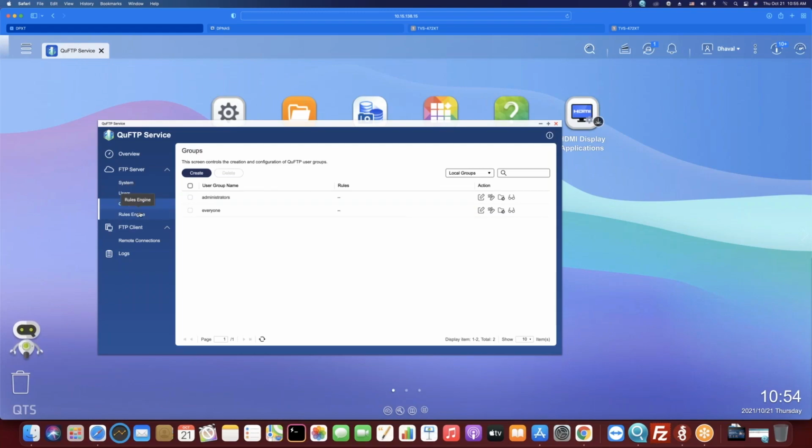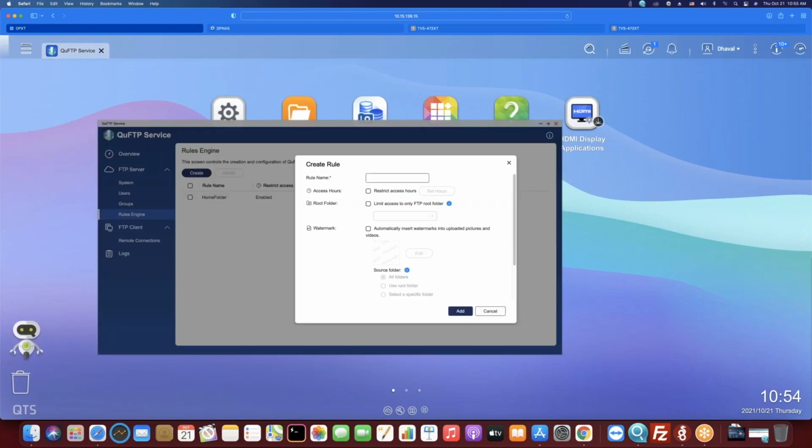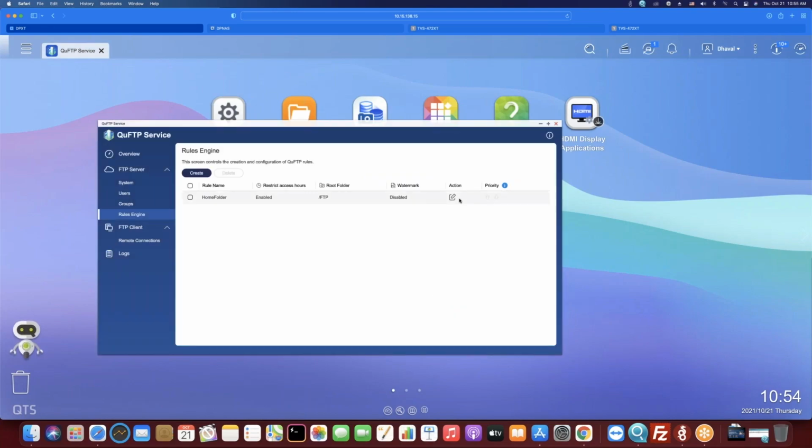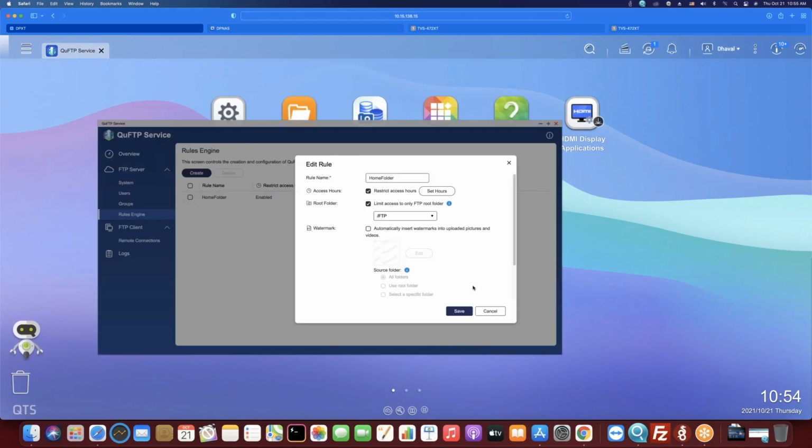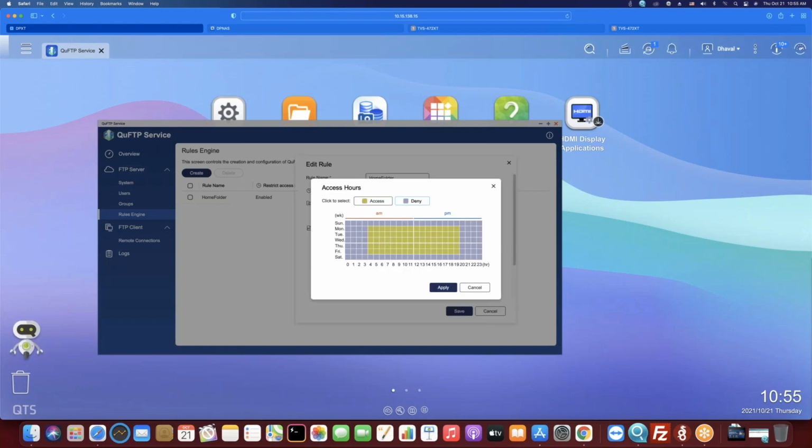Another great feature we have introduced with FTP is called the rules engine. What this allows you to do is create new rules. By creating new rules, you can give them access restriction hours. So let's say, I think I already have that one set up here. Yeah, so I've created an FTP rule for access hours. So you can now set access hours. So with this rule,